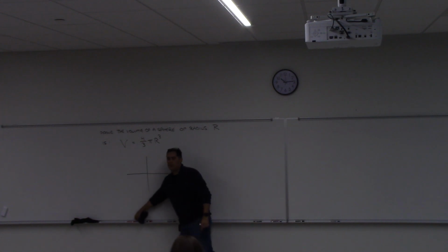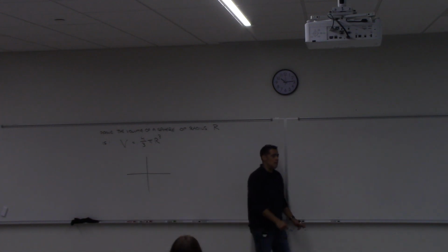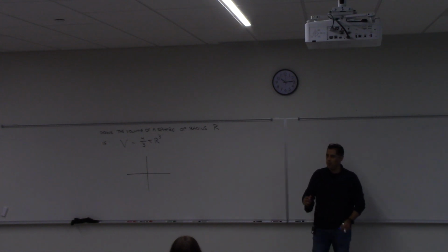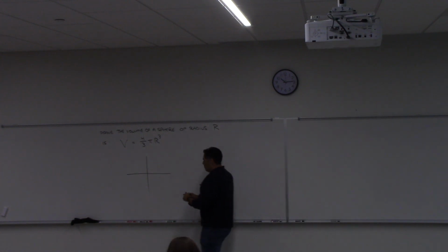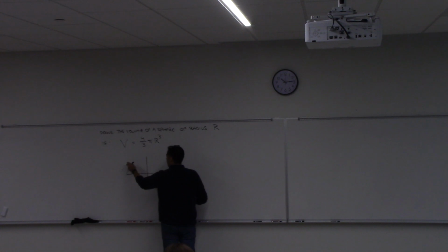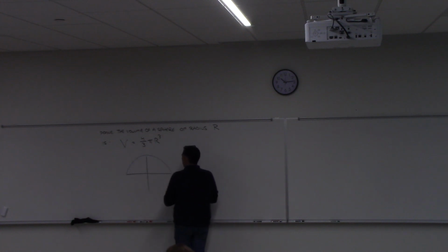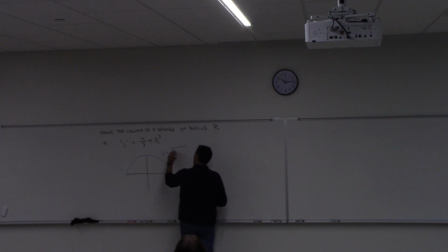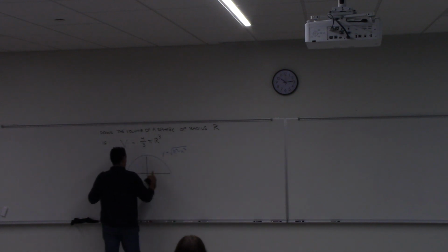So the first thing I'm going to do, and we did something similar to this before. Do y'all remember when we proved that the area of a circle of radius capital R was equal to pi r squared? Remember we proved area? And to do that, what we did was we drew a half circle. So you have to go back in your notes. And what we showed is that that circle has as an equation y equals the square root of capital R squared minus x squared. It came from the idea that a circle centered at the origin,